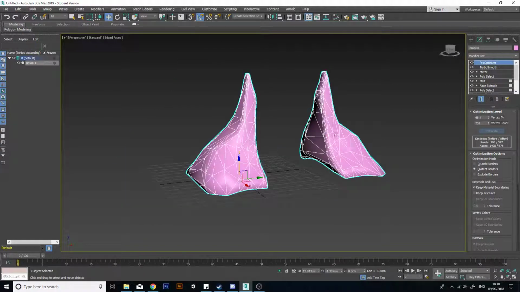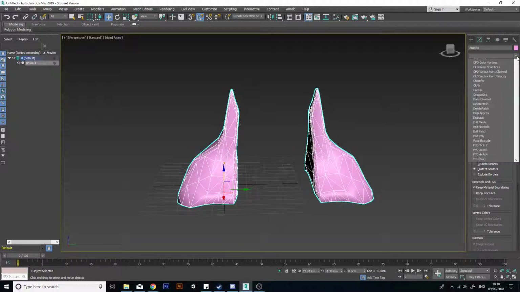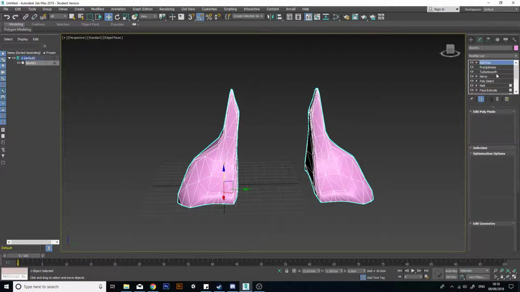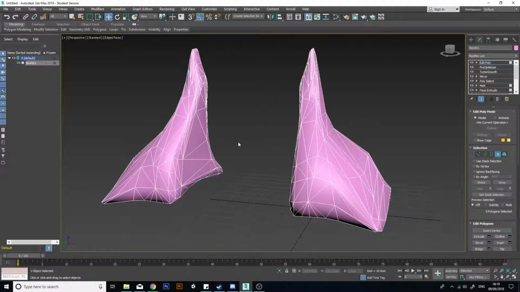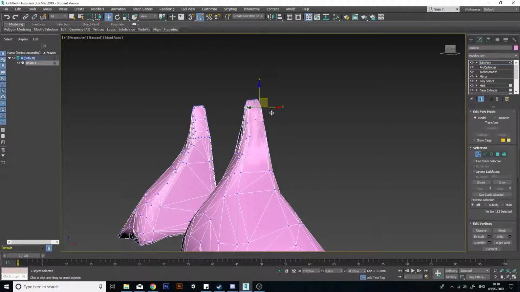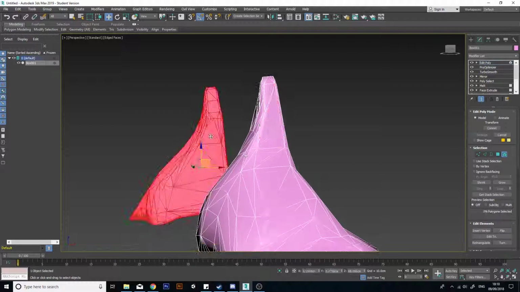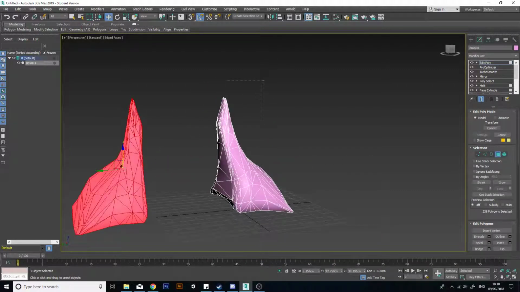Okay, and now the most important modifier of all, it is the Edit Poly. Now I'm going to create an entire video about the Edit Poly modifier because it really is that important. Now it gives you the options to select via vertices, via edge, via face, via element, so this or this, and also via, let's just get rid of that,